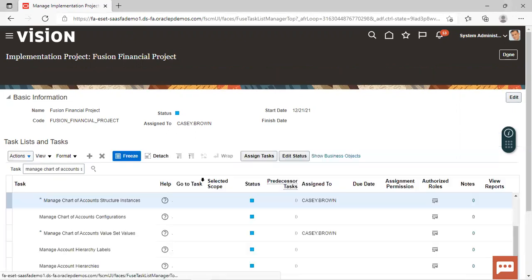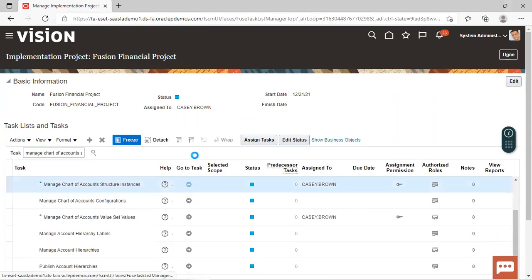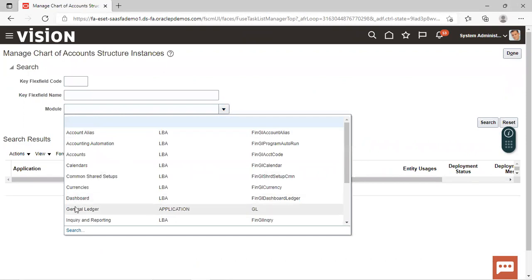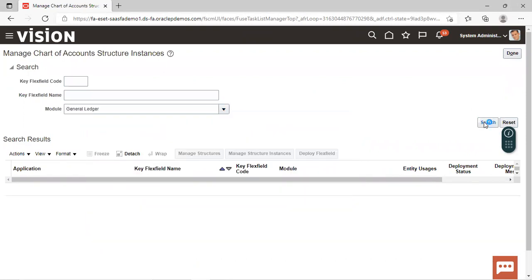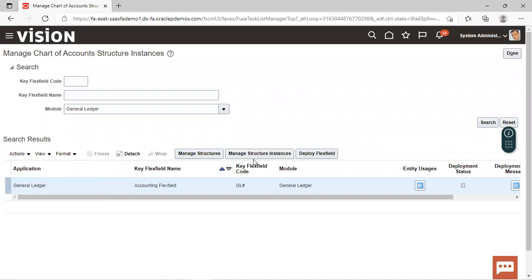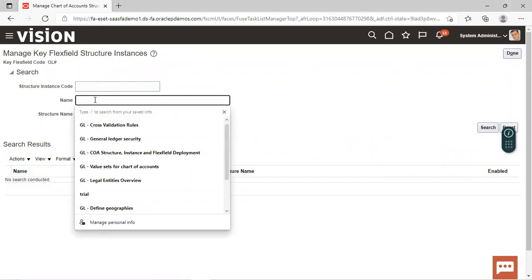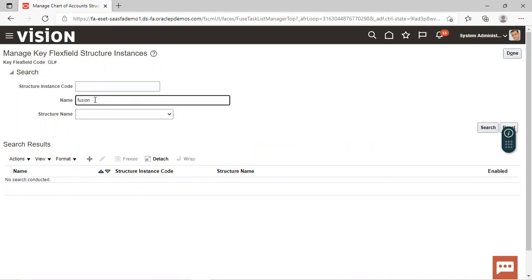This is a task. We'll click on Go to Task. And over here, we'll set the module as General Ledger. Click on Search. These tabs will get activated. Go to Manage Structure Instance and we'll search for our instance.